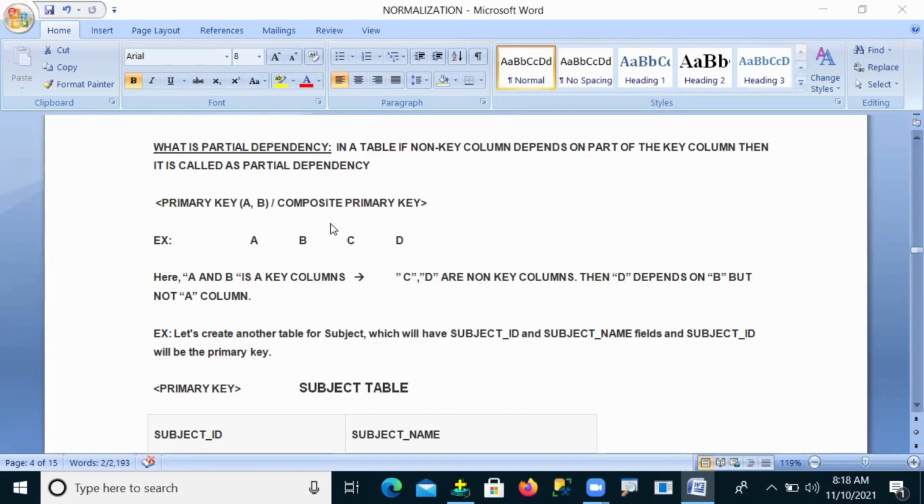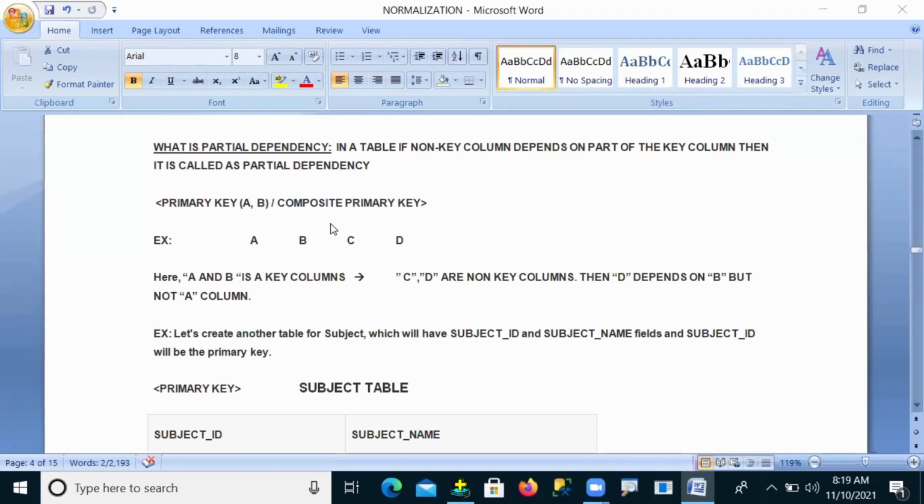Now suppose in some family the children are depending on the mother, but not the father. Then again it is called a partial dependency. Now suppose the children are depending on both parents, the mother and the father. Then can I say it is partial or fully? Yes, fully dependency.